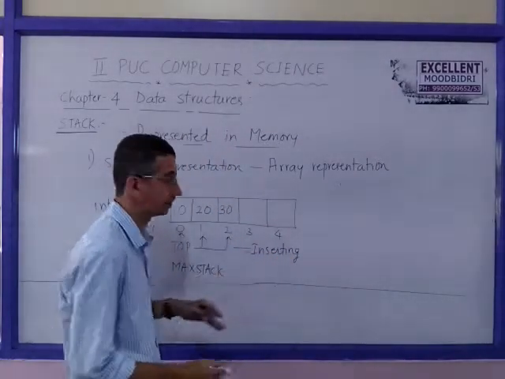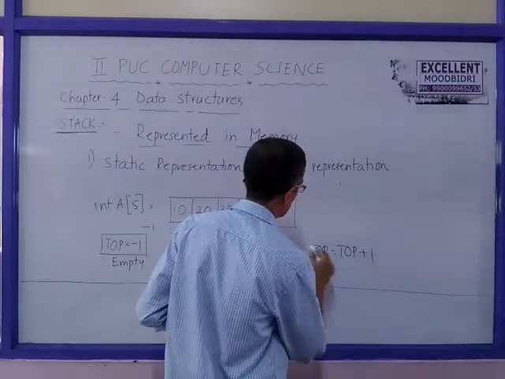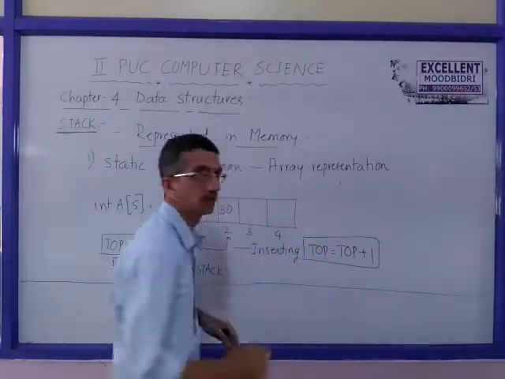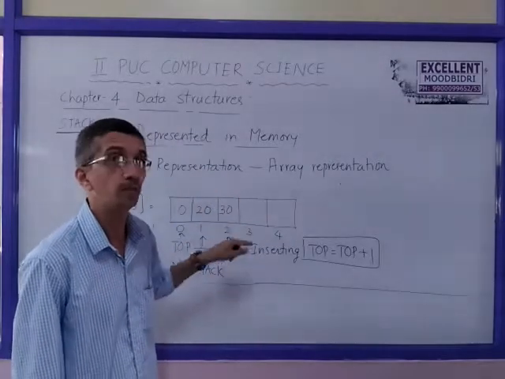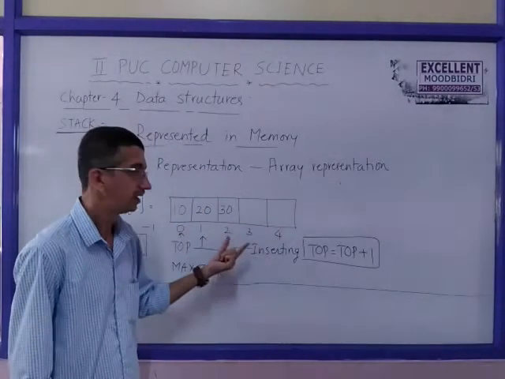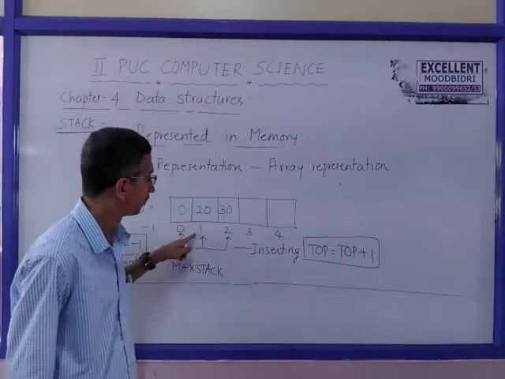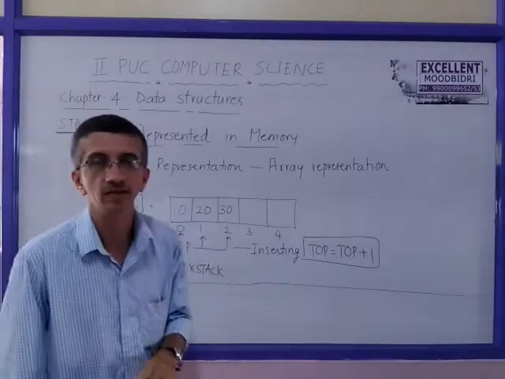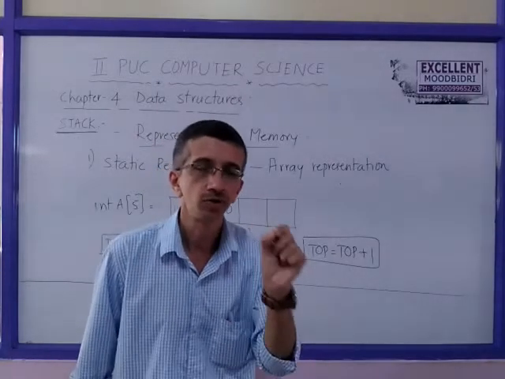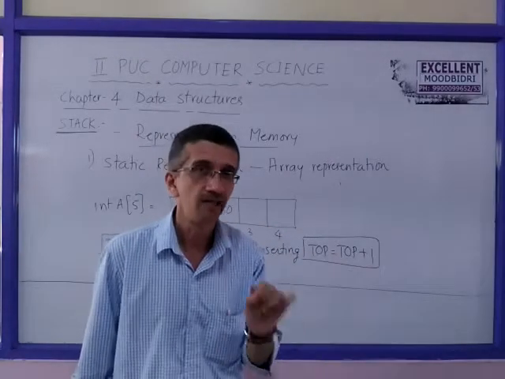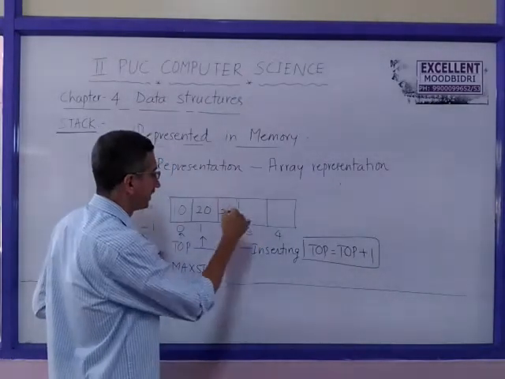When you insert a new item, top is equal to top plus 1. So this operation you must carry out. You are incrementing the top, correct? Then you are assigning a value to that position. The index has to be incremented. So 0 index, assign one item 10. Next increment the top, it becomes 1. Top points to 1. So usually top is a variable or a pointer which points to the topmost location of the stack where we can insert, even deletion also. Insert one more, increment the top first, then assign the item.